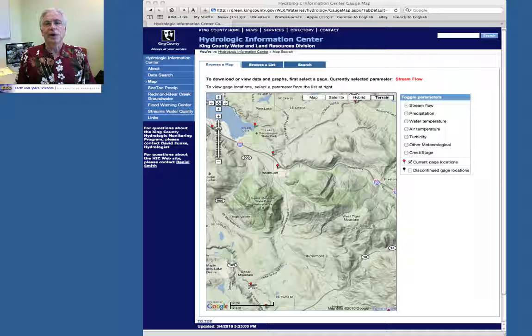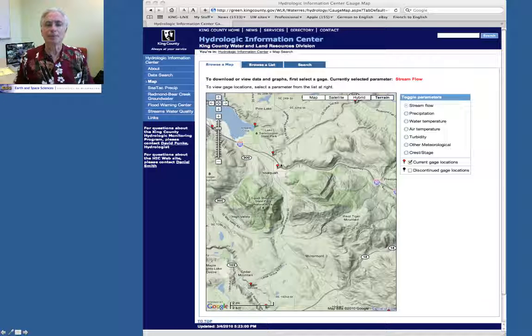You have a link on the web page to the King County Water Resources site, and here is the graphical user interface provided by King County. I've zoomed in on the region around Issaquah. On the right side you see the parameter being displayed is locations of stream flow, and you'll see that there are a couple of stations gauging Bear Creek right around